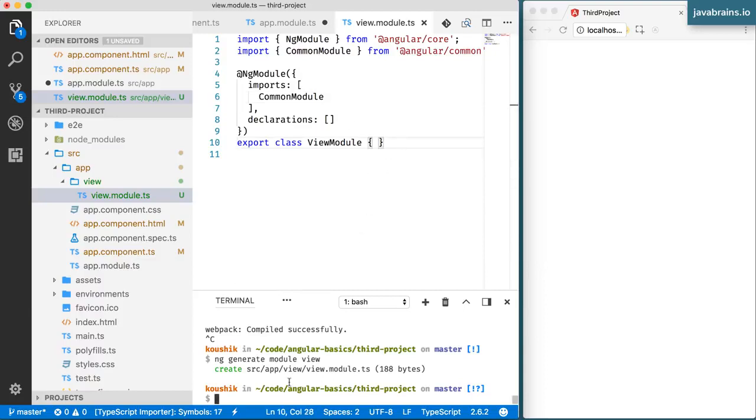Now I could create a component inside this view module. So let me do that. I'm going to create ng generate component. Let me call this view component. If I just do this, by default, the Angular CLI is going to generate the component